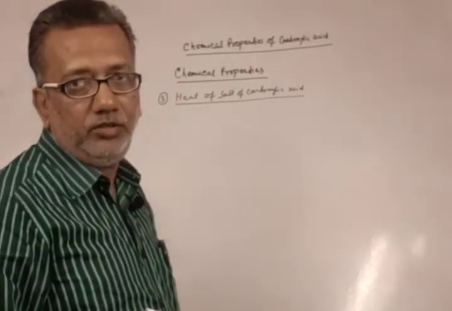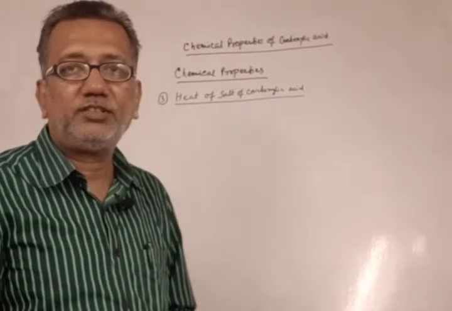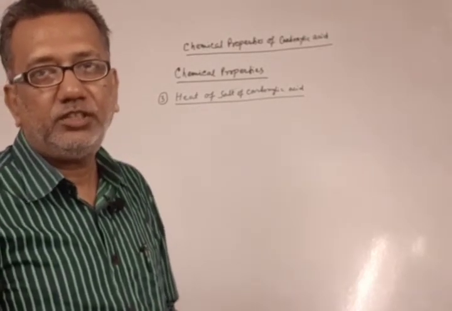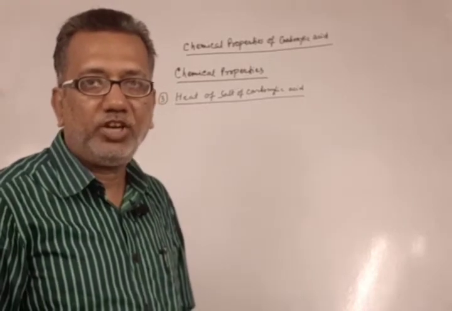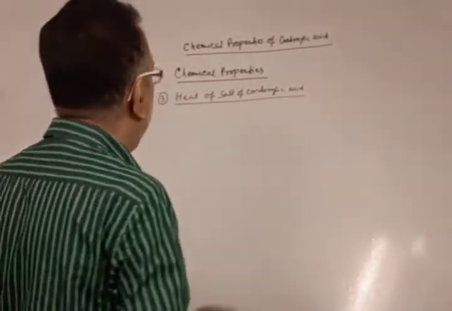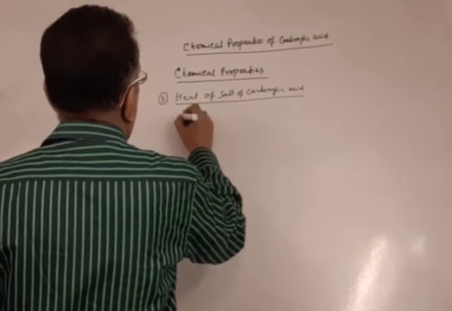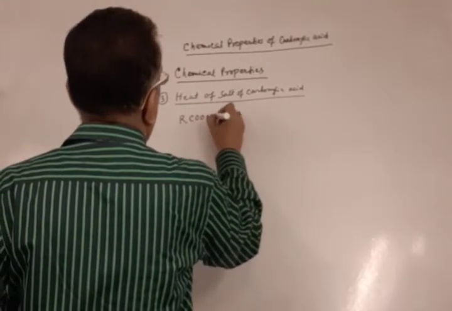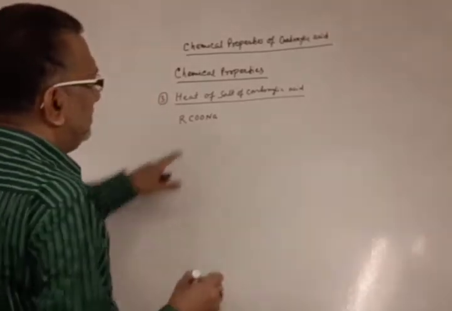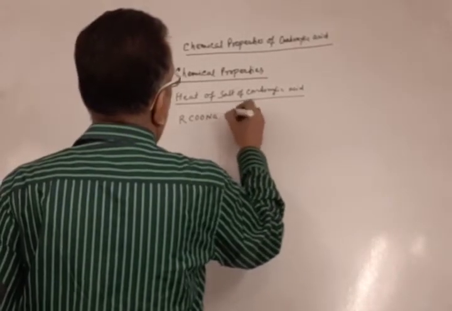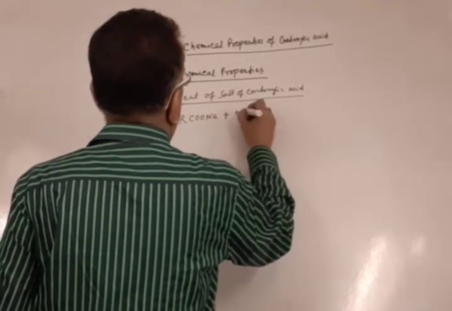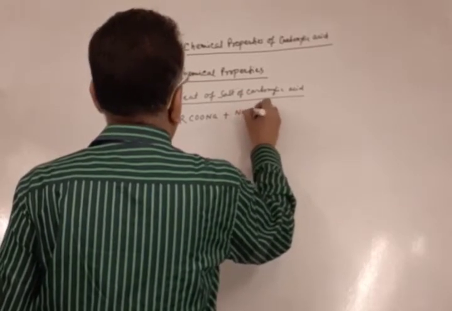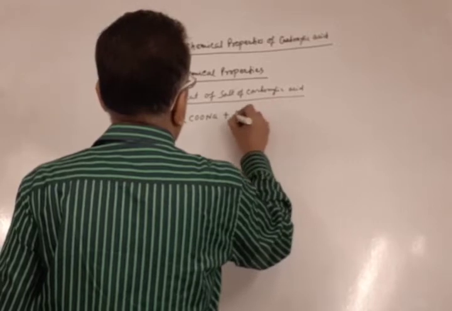In the salts of carboxylic acid, when heated in different conditions, they produce different products. Suppose we have RCOONa, the sodium salt of this carboxylic acid, when this is heated with sodium hydroxide, NaOH, and calcium oxide,